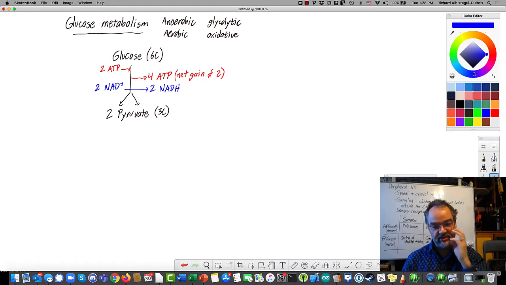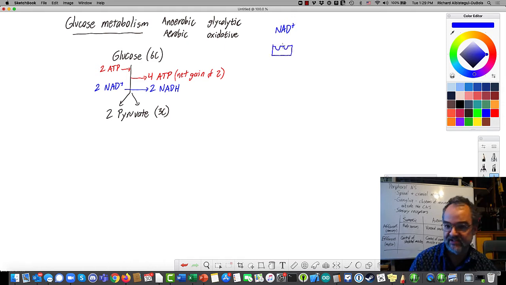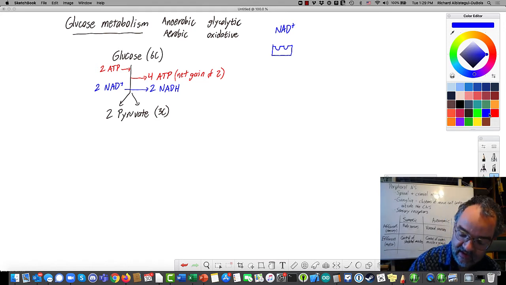Now, we should take a moment to talk about NAD plus and NADH. So NAD plus you can almost think of as a molecule that has a couple of places on it where we can put things. And what we end up putting on it is effectively what amounts to a molecule of hydrogen